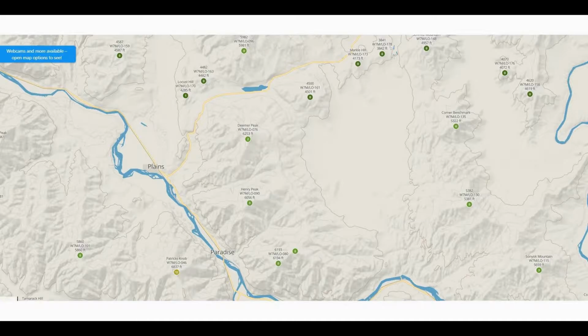From Plains, I have several peaks that I can see from my house. Patrick's Knob, here to the south. Locust Hill, which I just did the other day. There'll be a video on that soon. Deemer Peak, which I've done. And here's Henry Peak,